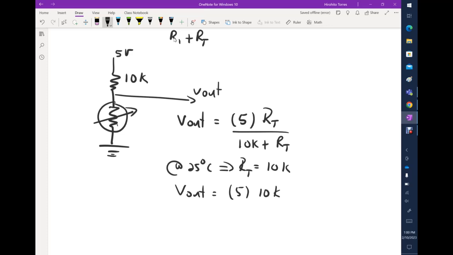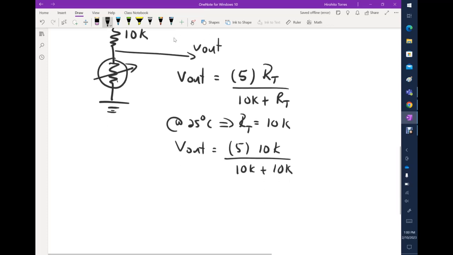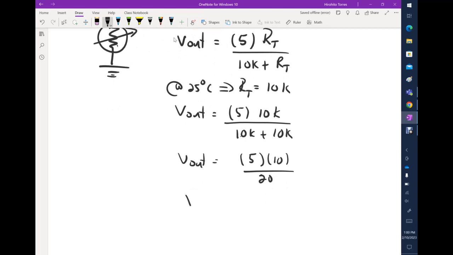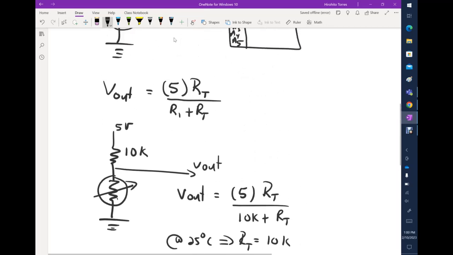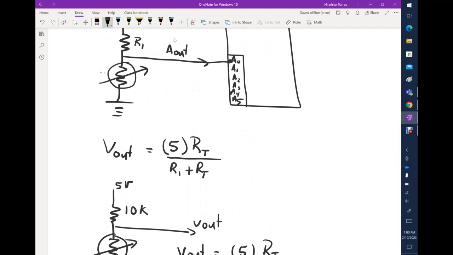I'm not saying 10,000 because everything will be in the K unit. So that will be 10K plus 10K. See, same unit. So this ends up being that V out is equal to 5 times, I can cancel the K, so that will be 10 over 10 plus 10, that's 20. So meaning that V out is basically 2.5 volts. So that's the output. So that's actually what you're going to get when